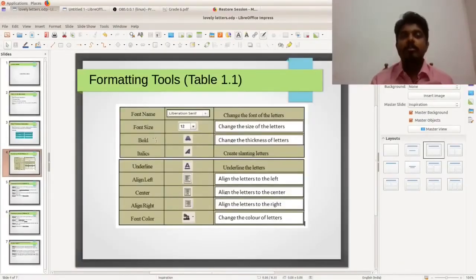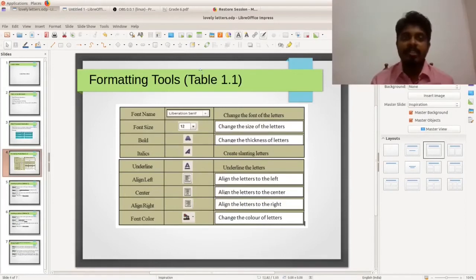Now the next tool is bold. I'm going to choose bold. What is the use of it? Change the thickness of letters. If you click on the bold, the thickness of the letter will be increased.